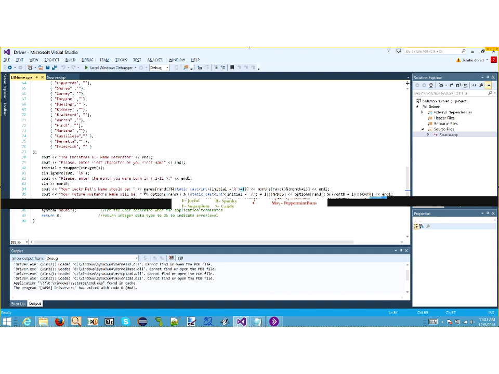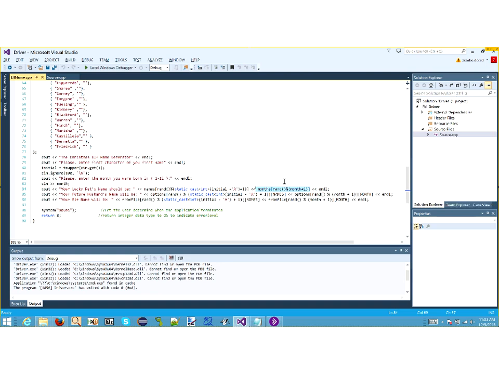So you can see that randomly, based on the user response, we're going to pick a name from the names array, and then based on the user's birth month, we're again going to randomly generate an index value for the months array, and randomly pick a string from that array as well. We're going to concatenate the two by displaying it on the screen, and the user is going to see this strange